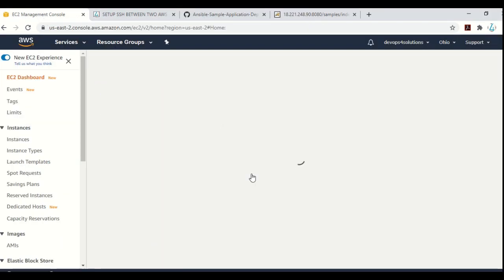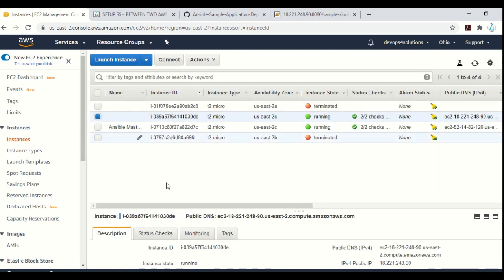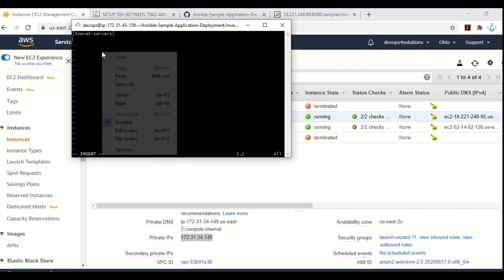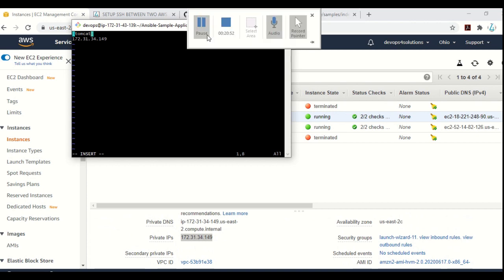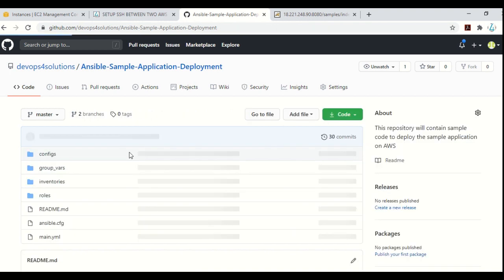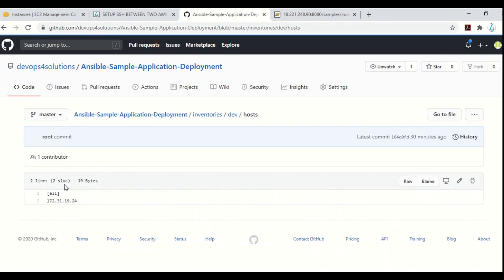If I go to EC2 running instances, I get the IP. Okay, I think it's all here. I can just get confirmation from here, Ansible inventories, dev, host, how it is set up.